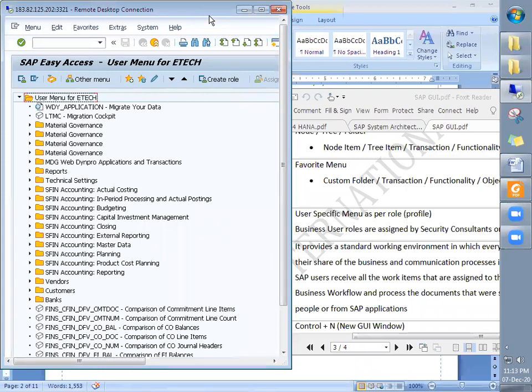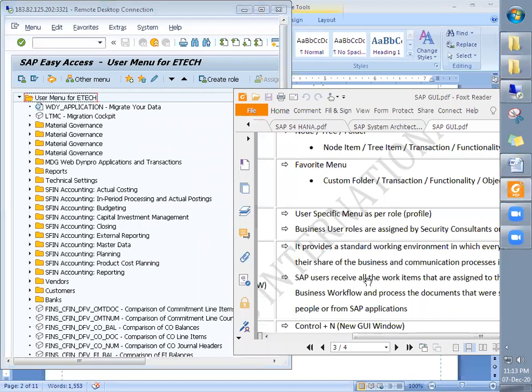Different designations have different authorizations and different access. Based on that, the profiles are created in SAP and assigned, and that profile is available here. It shows the user-specific menu as per the role or the profile.